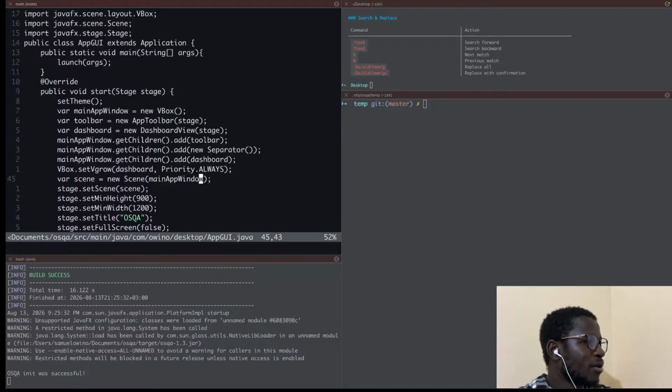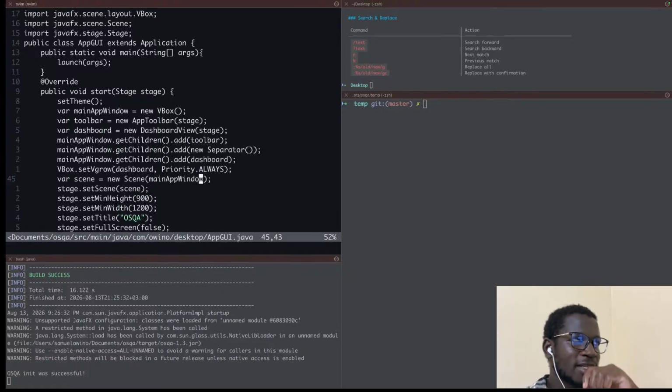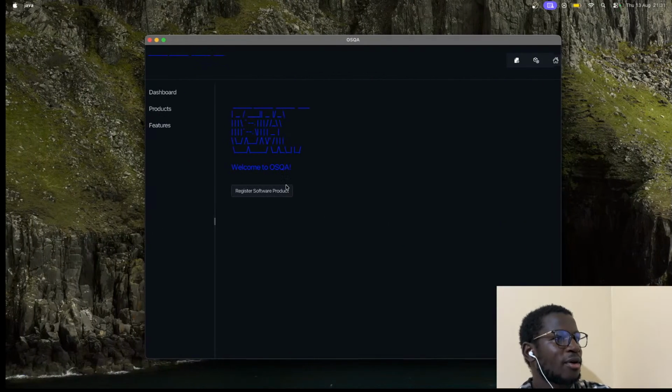The main app window is the parent container. The scene is the way we represent the window within JavaFX, because you can launch multiple windows within a JavaFX application, but all those windows are hosted within a stage. So for the purpose of what we are trying to do, this is our scene,